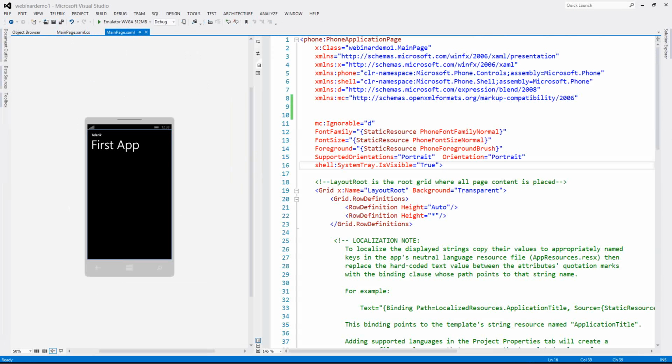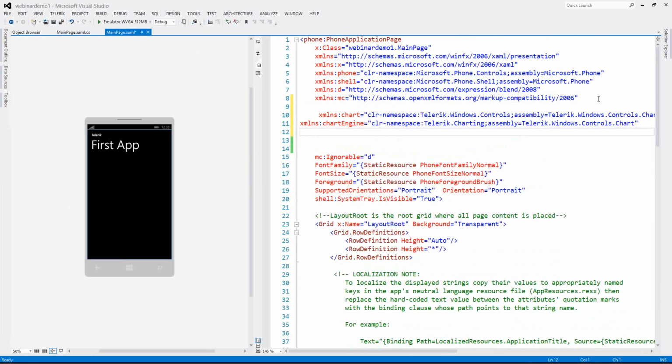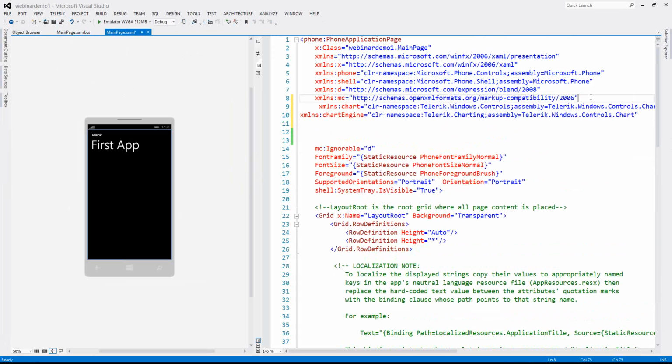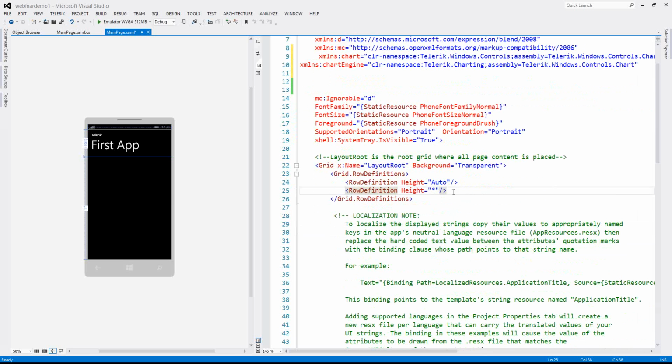Next I'm going to show you how we can start with chart. To start with chart, first again you need to add namespaces here. And this time you need telerik.windows.controls.chart, and the assembly in line number 10. After you added those namespaces,